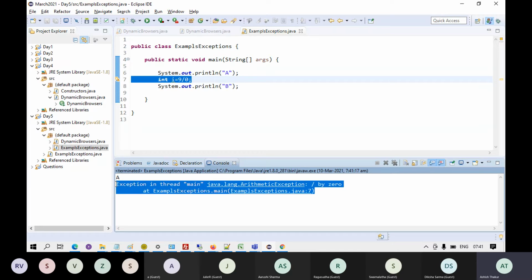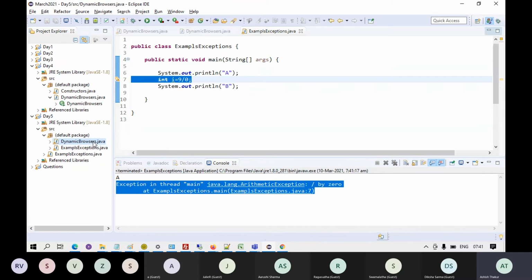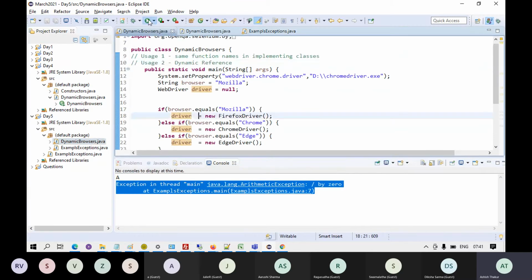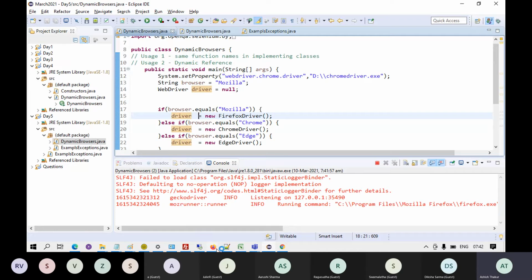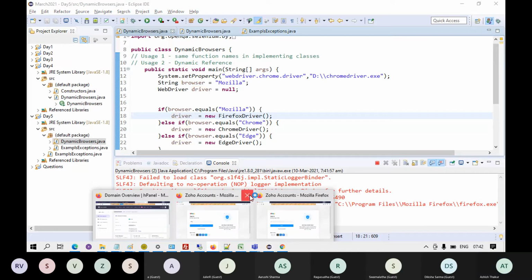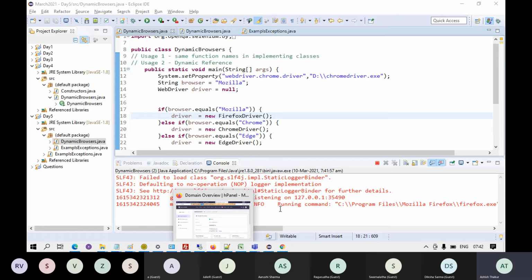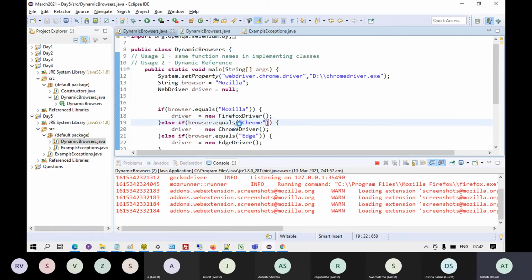With time, you will be able to understand. Okay, for example, when we were working in dynamic browsers, if I run this dynamic browser, you get a bigger exception trace over here. Let it run.